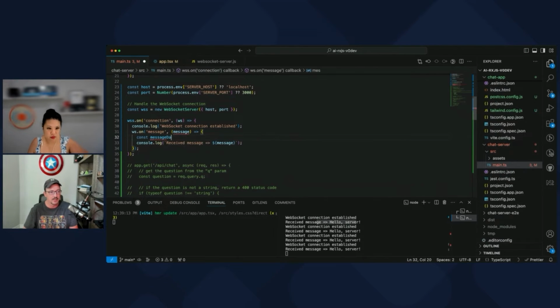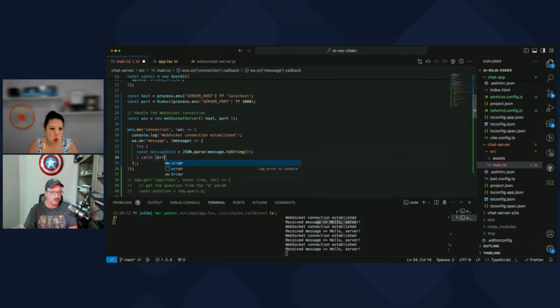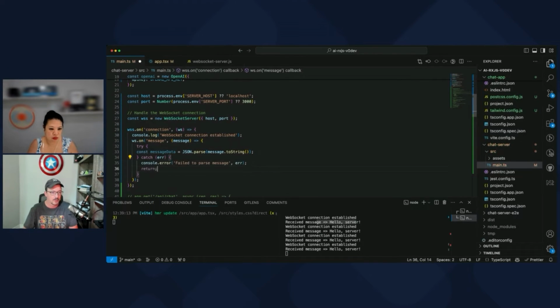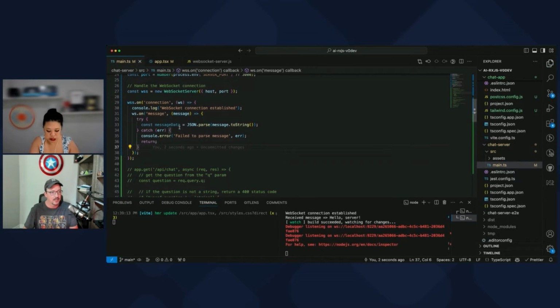Message data equals JSON parse. Is this message to string? That's the raw data, that's fine. I'll do a try catch around this so it doesn't crash the server if it can't parse it for some reason. So error: failed to parse message, return. That's fine. And then